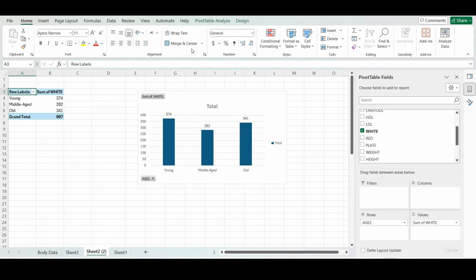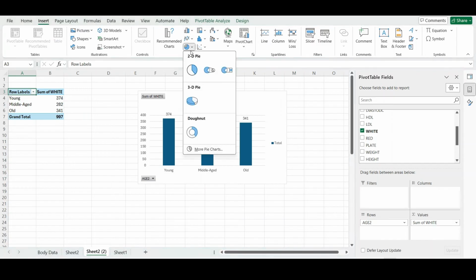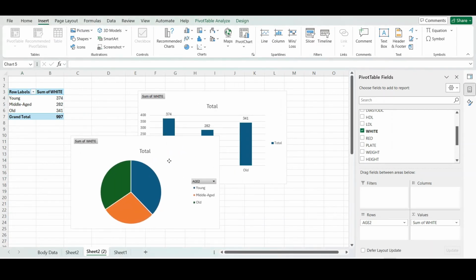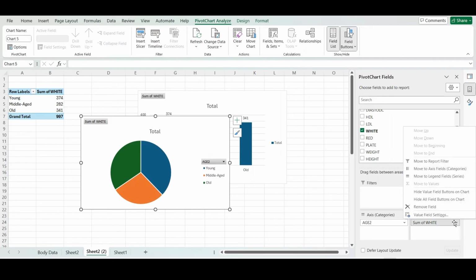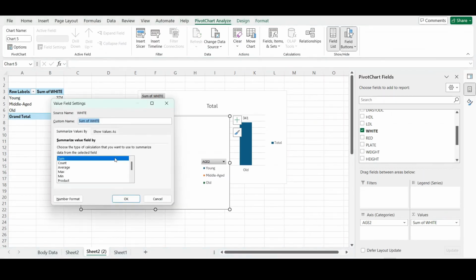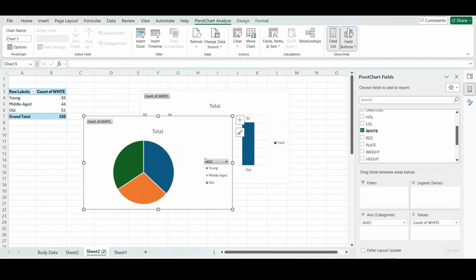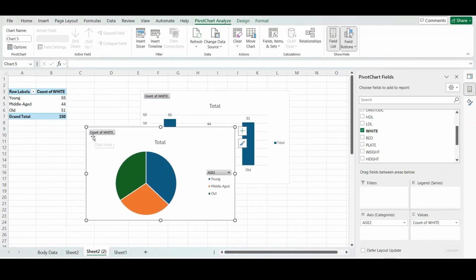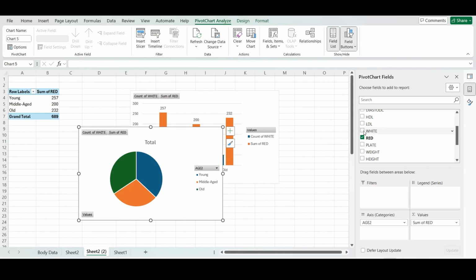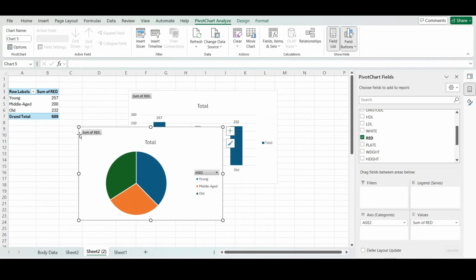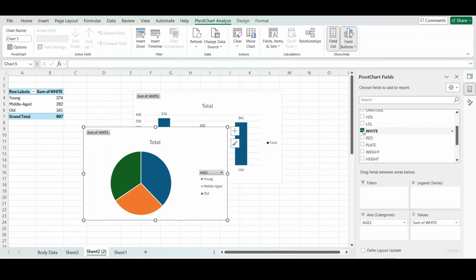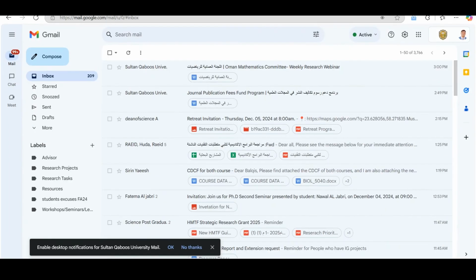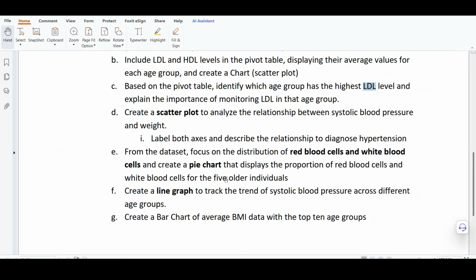For example, first we can show the pie charts according to the age group. So here it's better to show it as a count, the count of red blood cells and white blood cells, right? This is the count of white blood cells, same you can represent as red blood cells. Now this is the red blood cells, right? So here you just have to select, it will automatically display in the results, right? And then